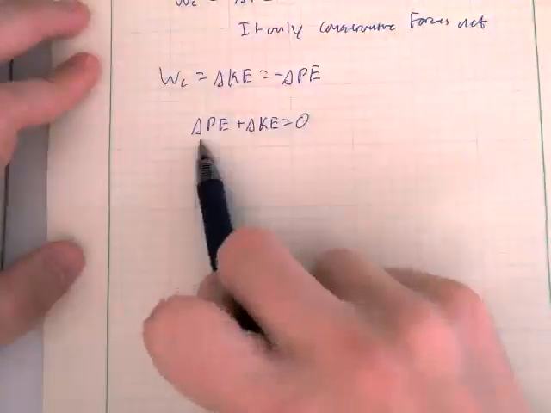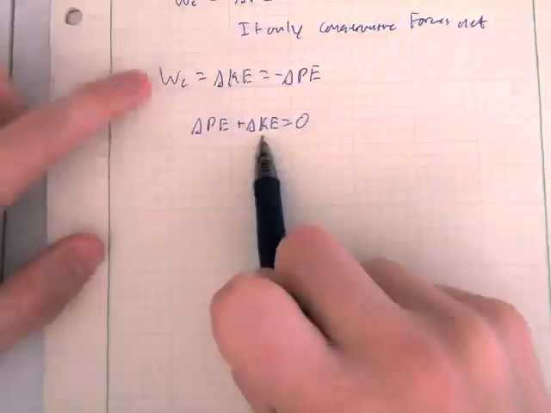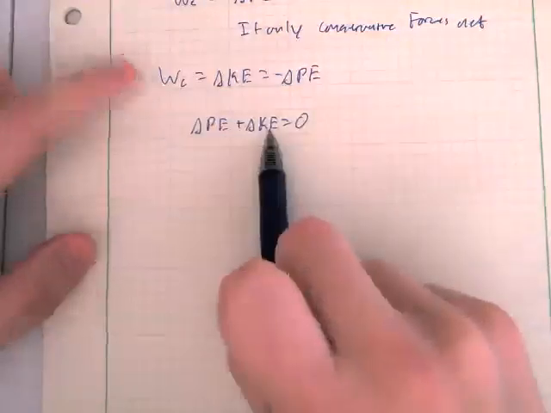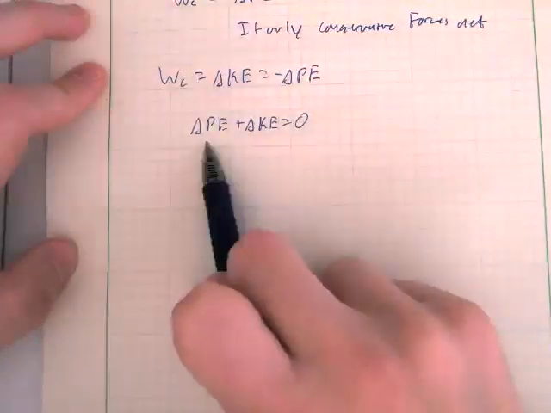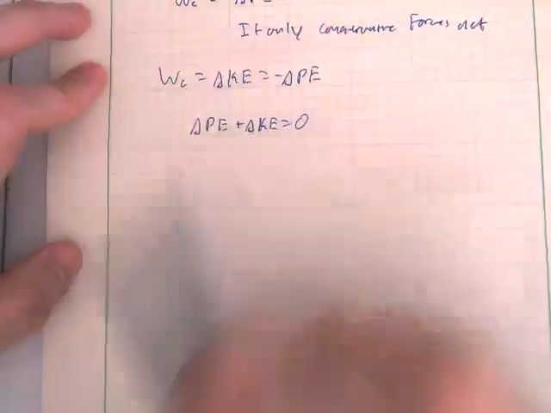Our potential energy can change, our kinetic energy can change, but when we have only conservative forces acting, they can only be converted from one to another, right? You can convert kinetic energy back to potential energy, you can convert potential energy back to kinetic energy, but you can't ever change the total amount